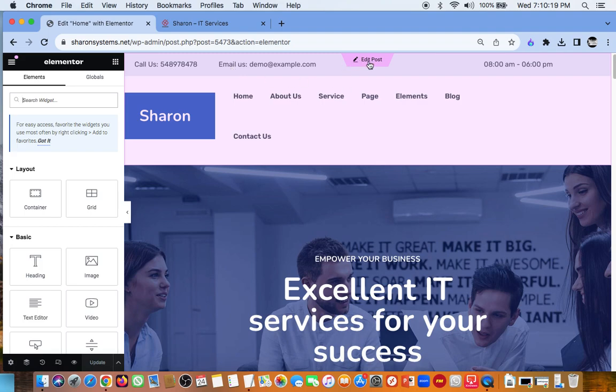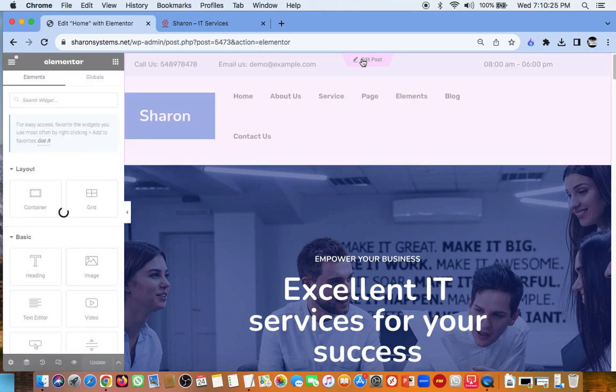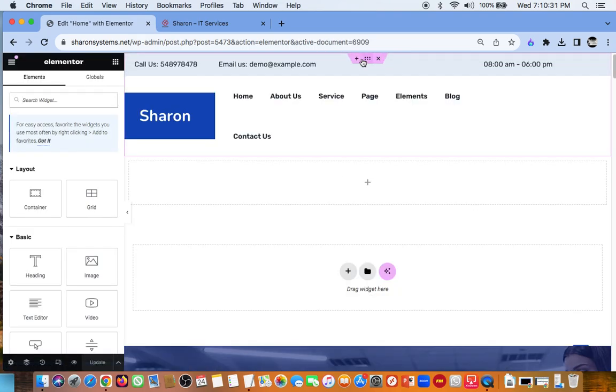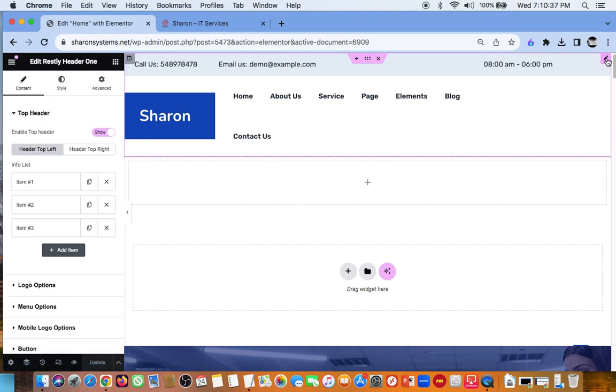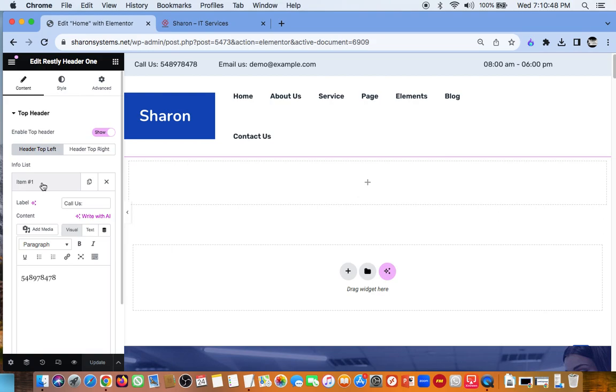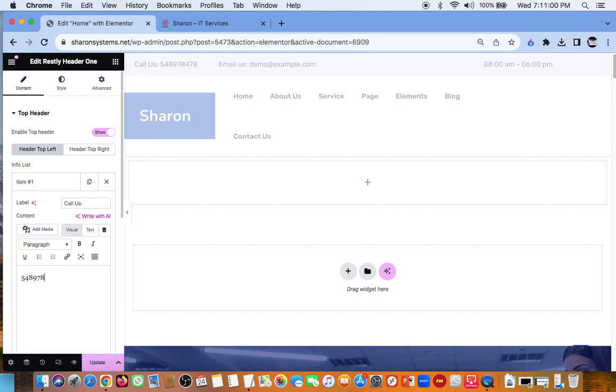Now it shows us everything. Number one, you can edit the header. You can edit this particular area, for example. You click edit post. These are the things we find on the header, things like the logo, the content. This place, for example, is what we're editing now, this particular top. I just click this item 1. You can rename it if you like. It tells me this is where we have your telephone number. So, call us on